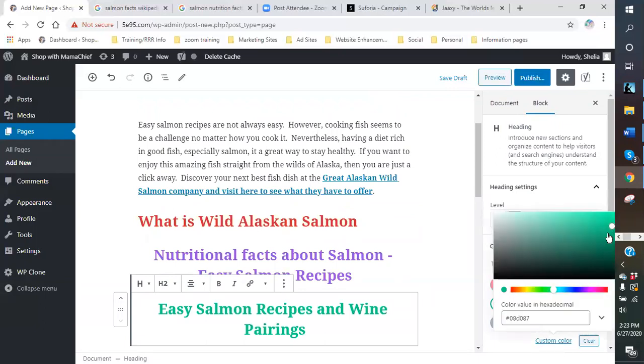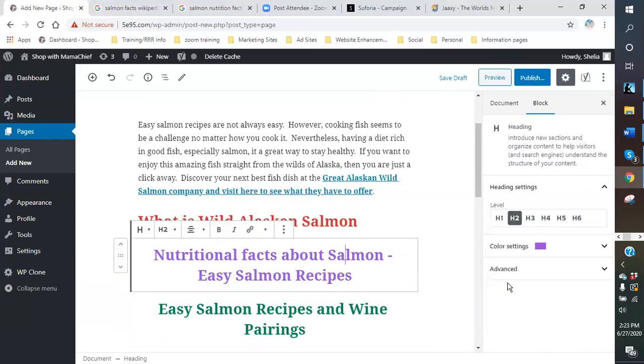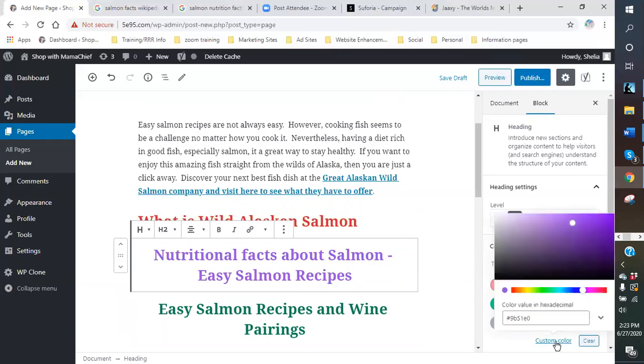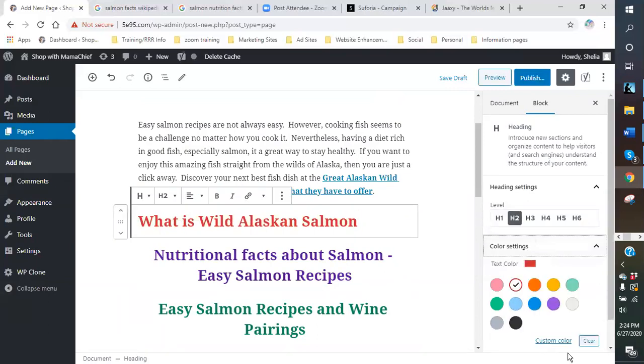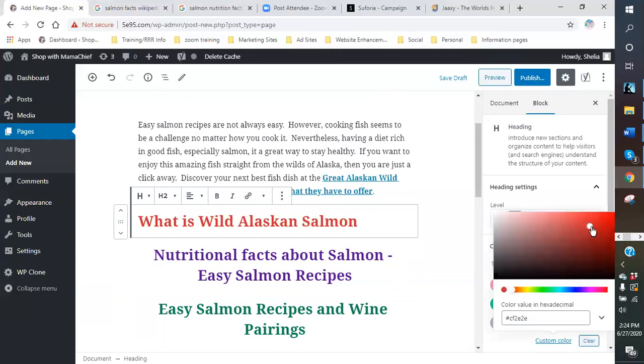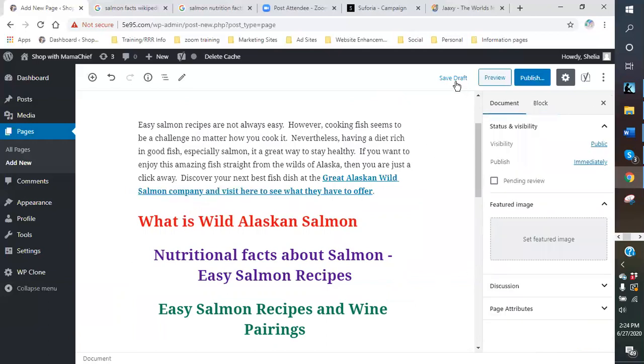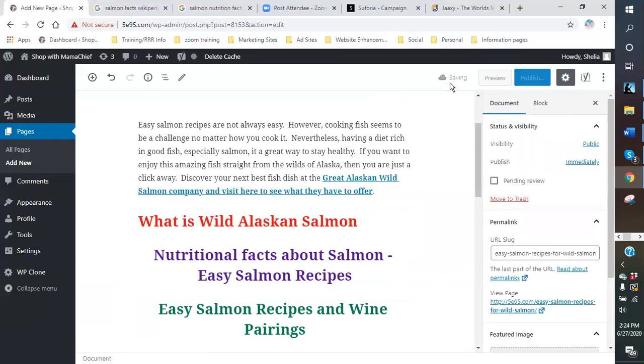Let's get that a little bit darker. Here we go. Let's get that one a little bit darker too. And I want this one a little bit redder. There we go. All right. And then I'm going to save my draft. So then I'm going to come here for